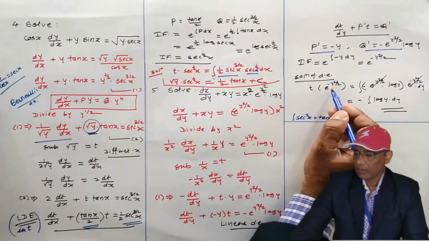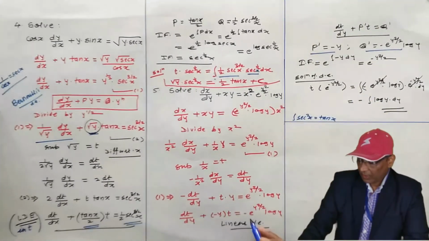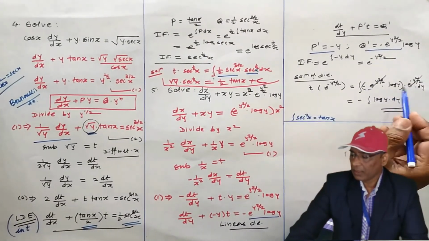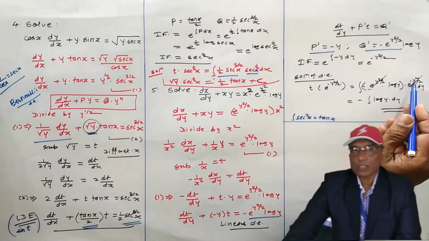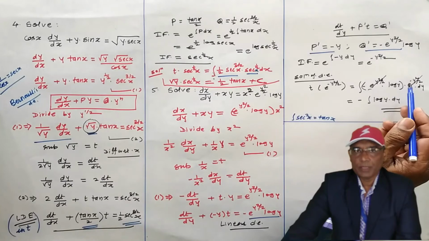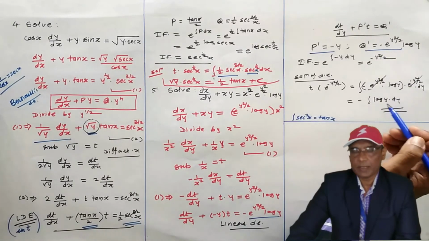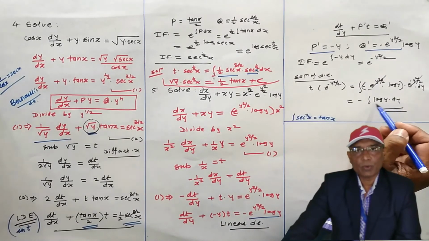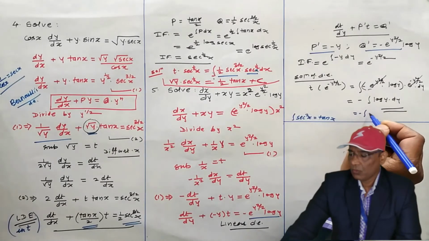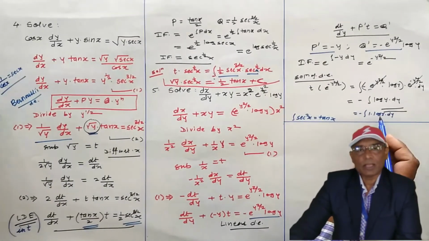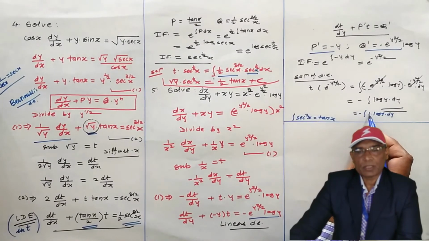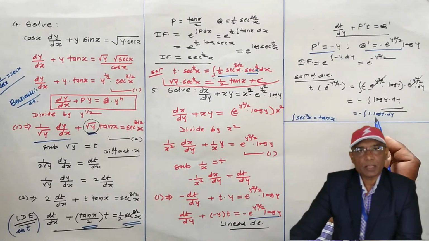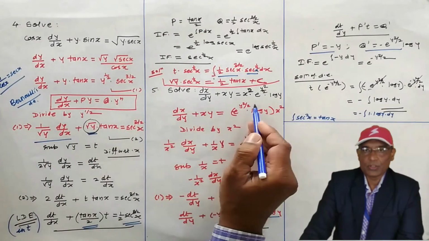T multiplied by integrating factor is equal to integral of Q dash multiplied by integrating factor e to the power y square by 2, e to the power minus y square by 2 times e to the power y square by 2, and its multiplication will be e to the power 0. E to the power 0 is 1, only log y is remaining. And now integration of log y you can easily calculate. How do you calculate integration of log y? In this way you can calculate 1 multiplied by log y. Consider log y as the first function and 1 as the second function. Use integration by parts and try to get the integration. And once you get the integration, that will be the last step of the solution to this differential equation.